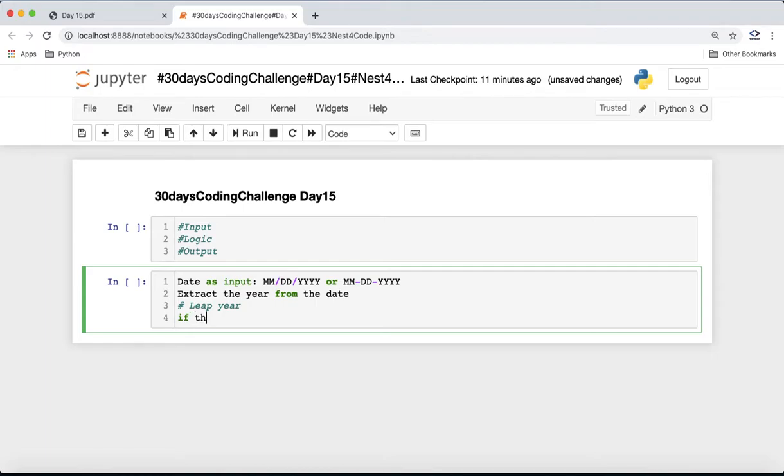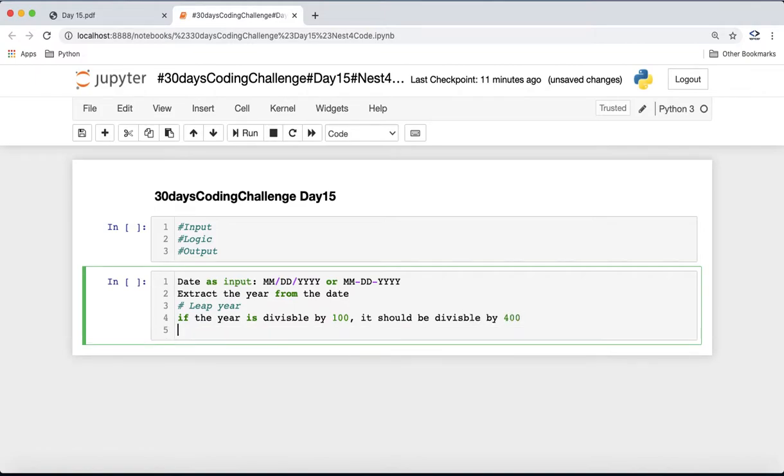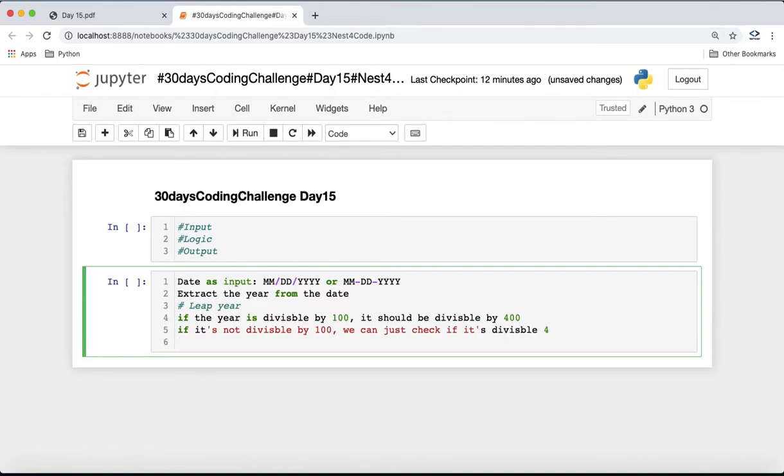If the year is divisible by 100, it should also be divisible by 400, then only it will be a leap year. If it's not divisible by 100, then it's fine, we can just check if it's divisible by 4. So these will be the conditions for us.